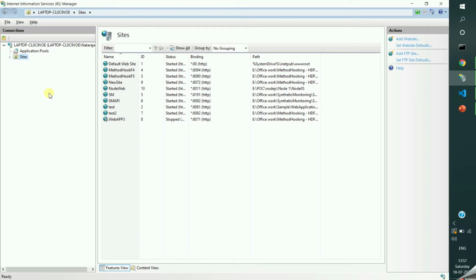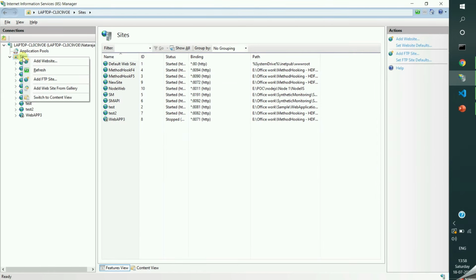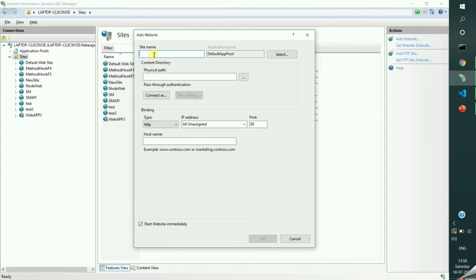Okay, let me open our IIS. In this IIS, on the left side you can see the Connections section. In this Connections section, you can do the deployment. For example, by default I am going to use this port. Maybe in Sites itself you can create. Let me create: Add Website. Right click, Add Website. Here you can give your site name. For example, this is sample